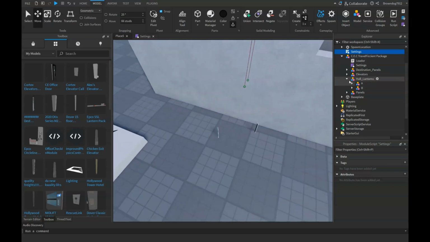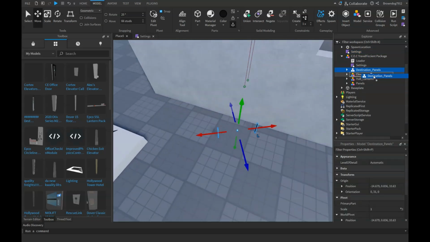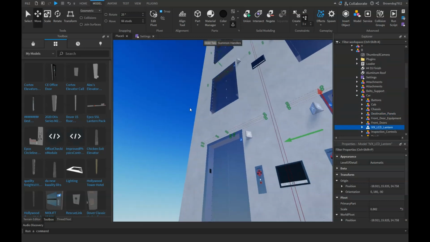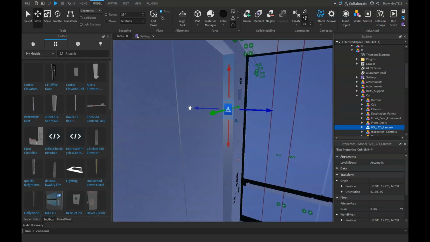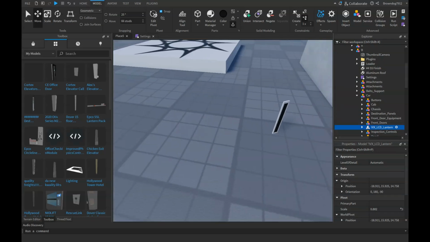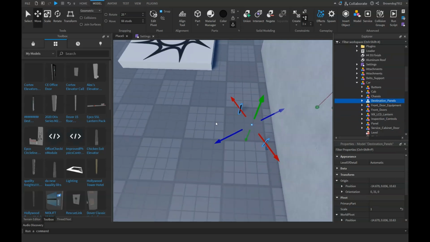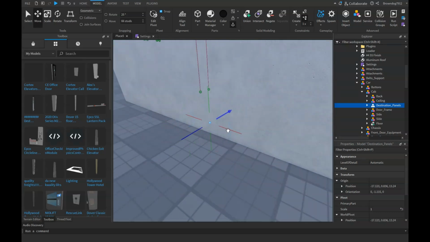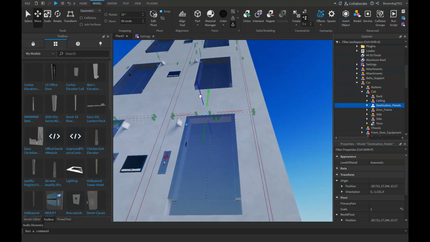Now I'm going to go over these destination panels. These go inside your elevators, inside a car. I think they go inside your interior. I think they said you put it in your cab. I think I've seen people say that. They also said it's kind of hard to set up, but in this video I am going to go over it. So you would need this, also if you ever made a high building,